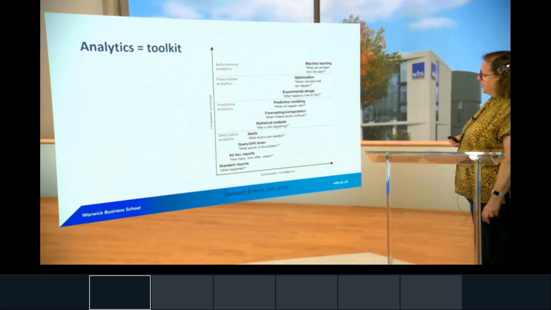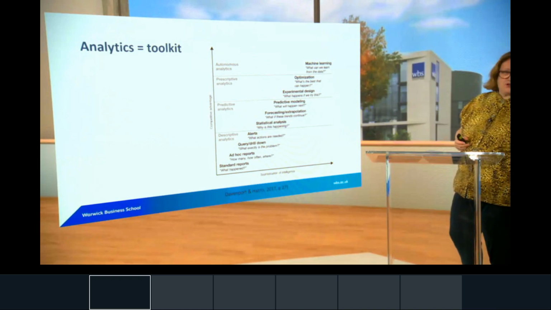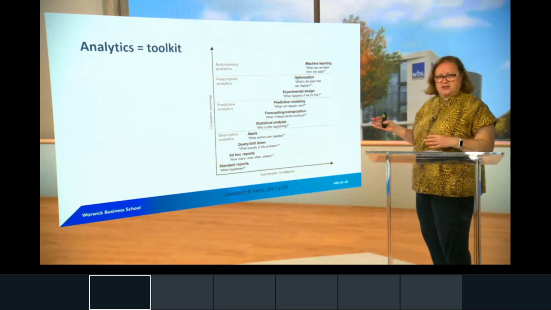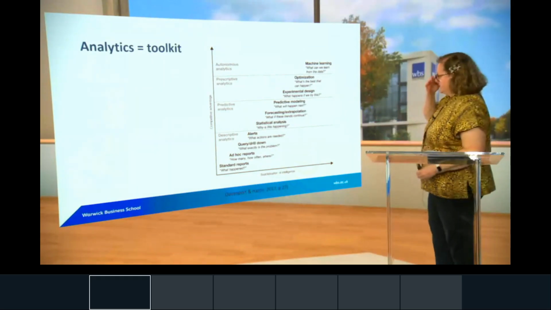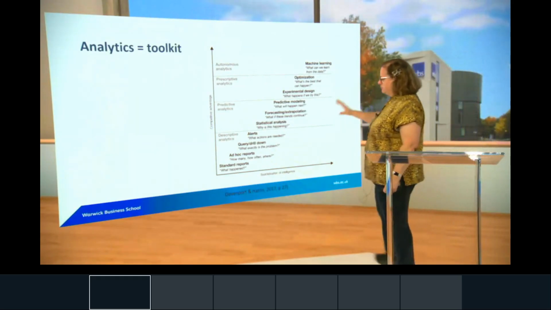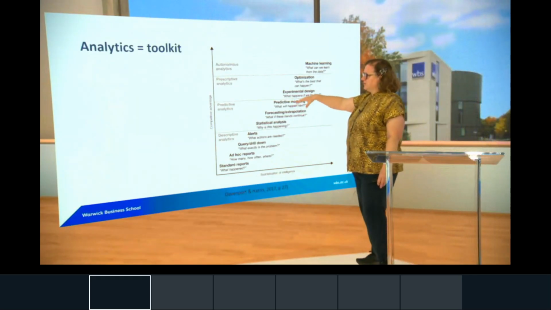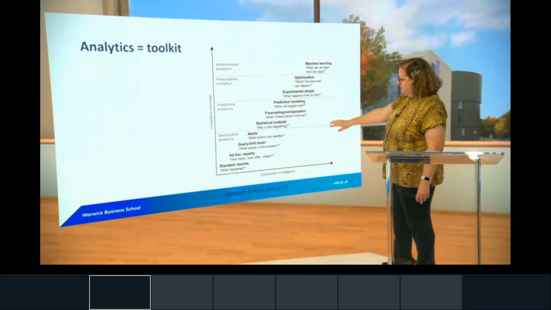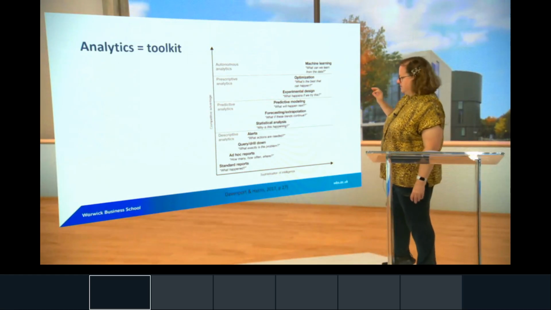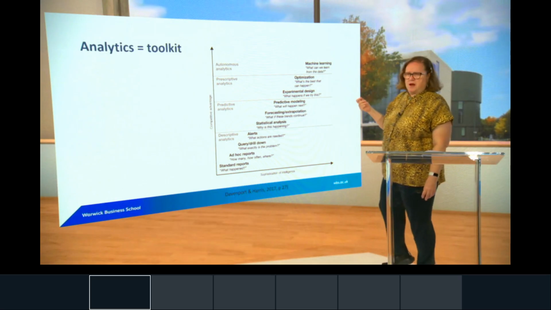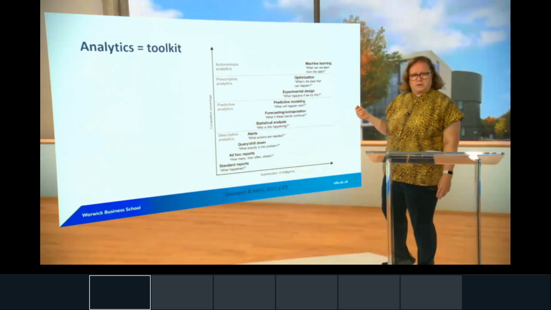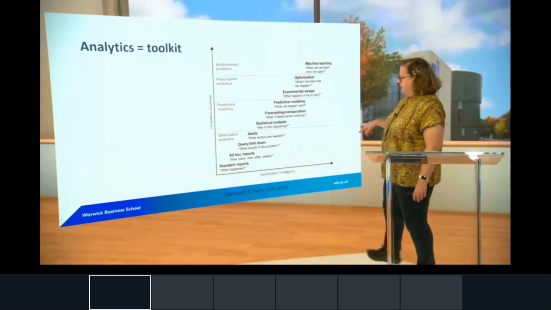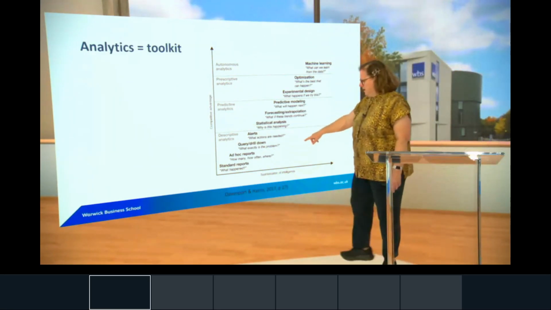And they have added another dimension to their classification of the analytics toolkit. So we've got our descriptive, we've got our predictive, we've got our prescriptive, and you can see here that under each, they've done two things. They've given you examples of the types of things you might want to do, but also the questions you might want to ask. So under descriptive, what happened?